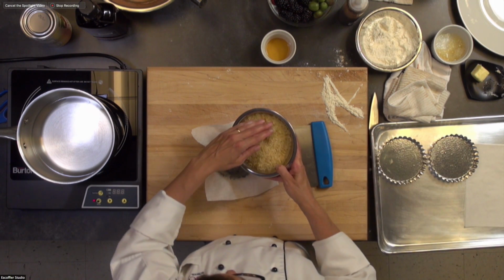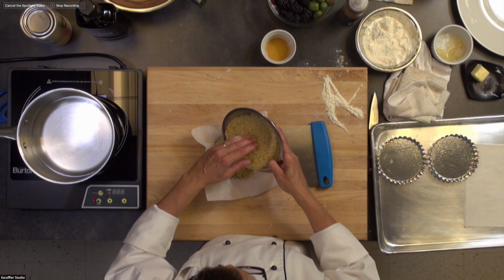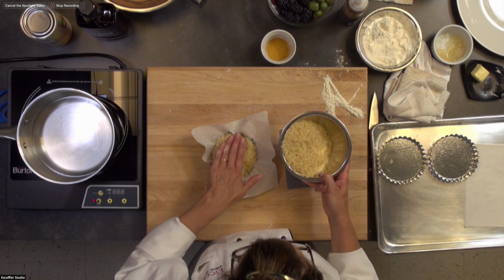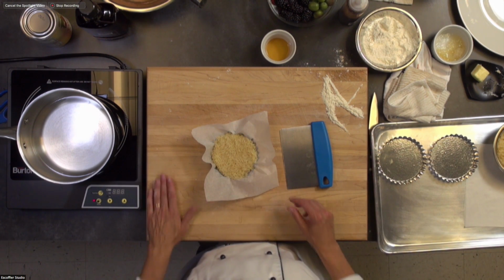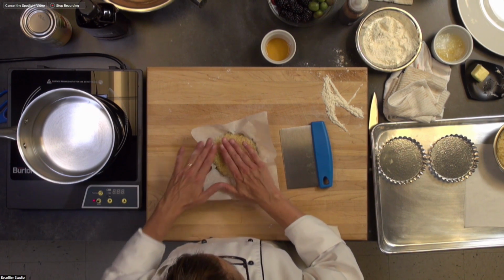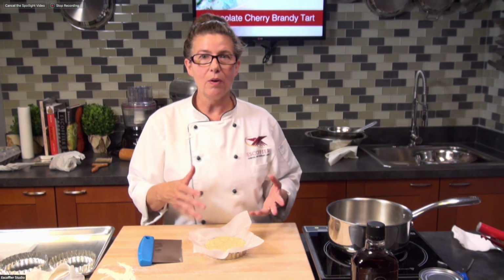So you're going to weight this down. And this is going to help the sides hold up, and it's going to stop the bottom from bubbling up. So I like to use rice. A lot of people use beans, and to tell the truth, I use rice because I don't like the way that beans smell in the oven. So I use rice. And what you can do is you're going to bake this about halfway for about 10